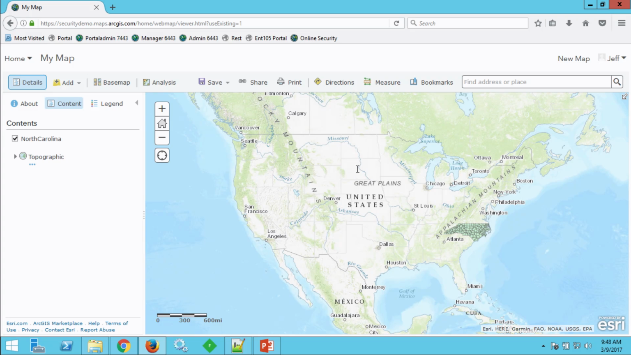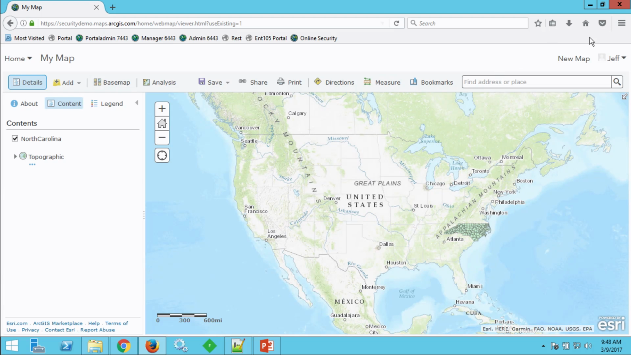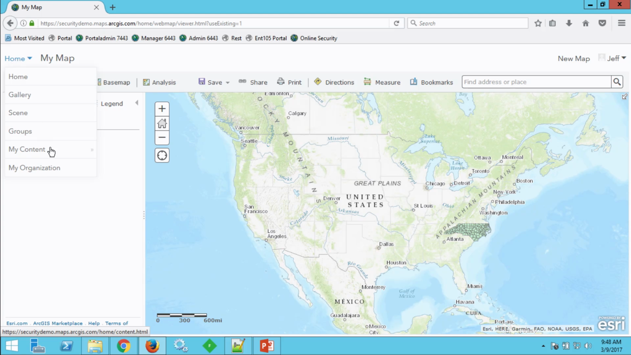The service will come through, but editing will be disabled. And this is because the CORS request is not sending the credentials over. And so from the map's perspective here, you can view the item or the service, you can query the service, but you just won't be able to edit it. So if I go back to my organization,